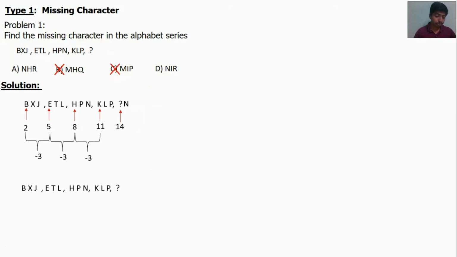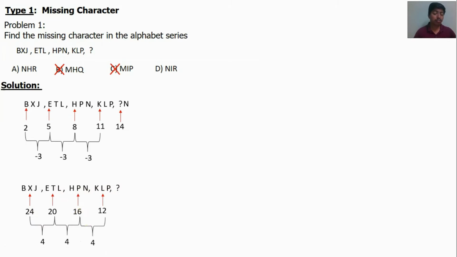Second letter. The position of X is 24. X has 4 sides, so 24. T20 match, so the T position is 20. P is like a 16, or P is like 6, so 16. L means 12. Find the difference. 24 minus 20 is 4. 20 minus 16 is 4. 16 minus 12 is 4.